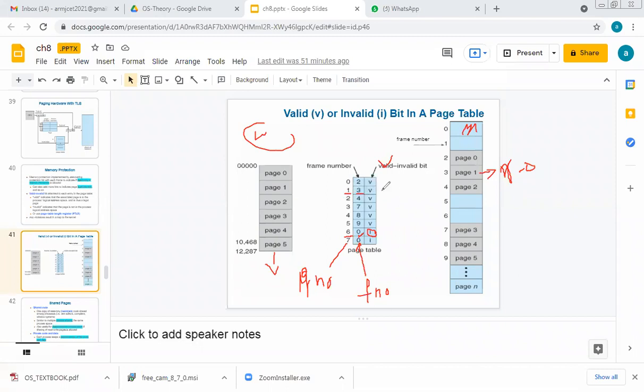Page 1, make it invalid for the write operation. But for whom is it valid? Whoever wants to do only read work, for them the same page will be valid, because they want to read, and page 1 is ready to give data for a read operation. At that time it will be shown as valid.